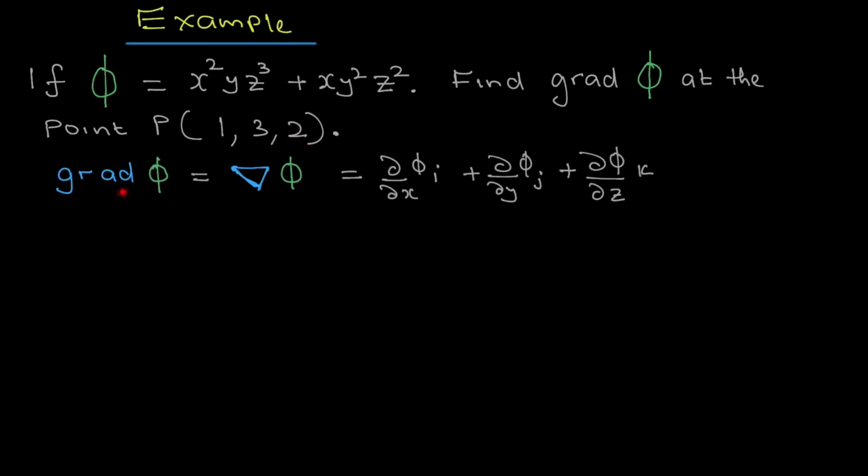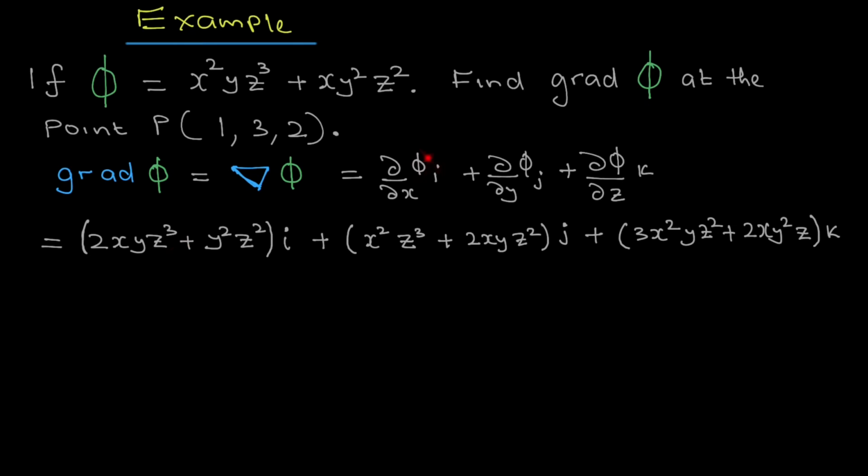So here we apply grad to phi, and then we get this equation here. And so at each point, the phi is now replaced with the value of phi. So here is the phi with the derivative. What we need to do is differentiate phi with respect to x. If we're differentiating that and keeping y and z constant, we're going to get 2x, and the rest is constant. And we're going to differentiate that with respect to x, which is going to get y squared z squared